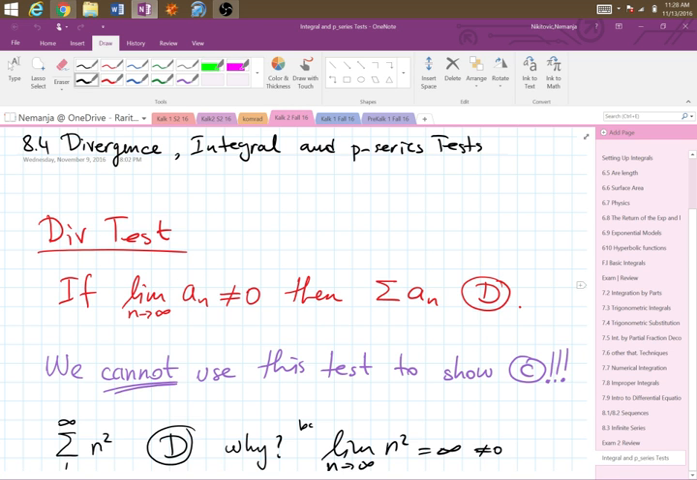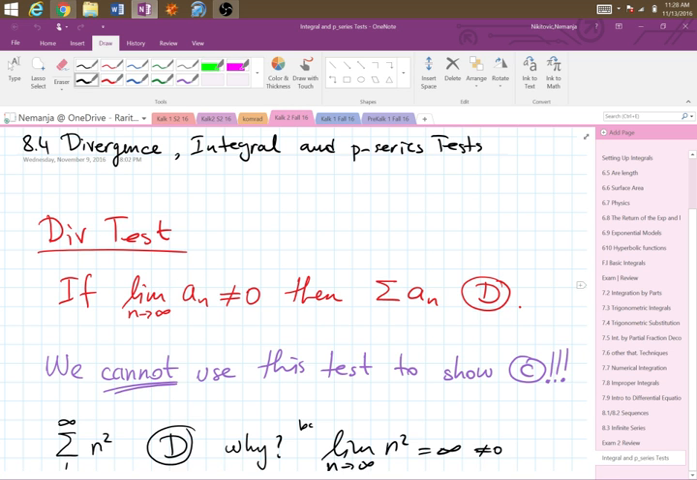So we are working on three different tests. Well, actually, two of them are the same, integral and P-series. P-series is just a special case. We'll see that. So we'll start with the divergence test, and the most important part here is to understand the words